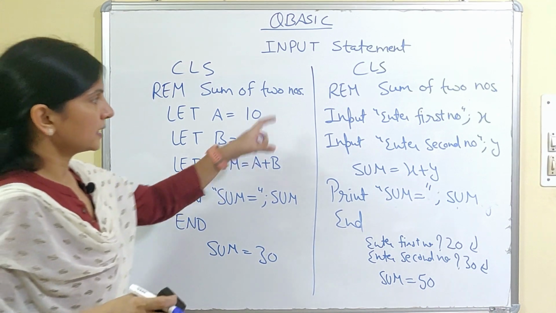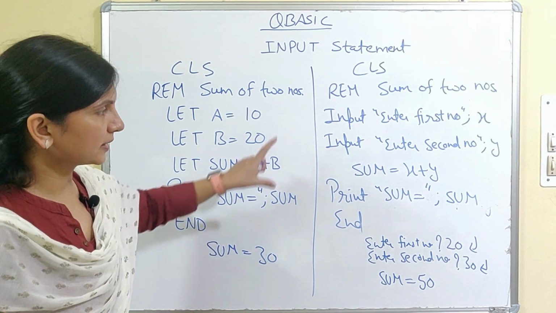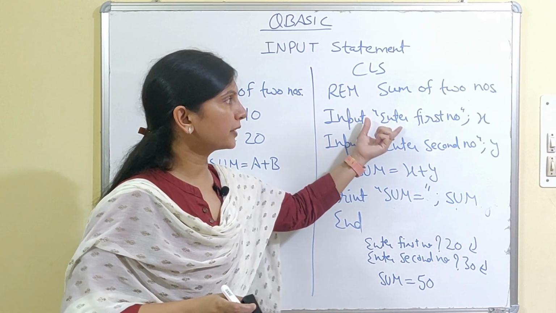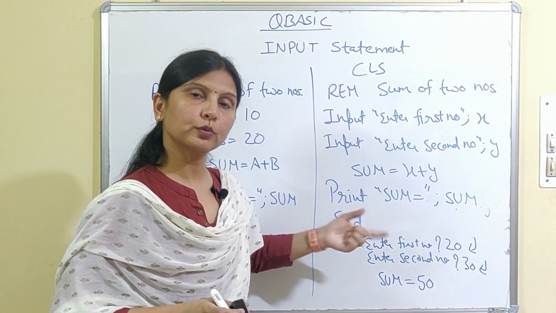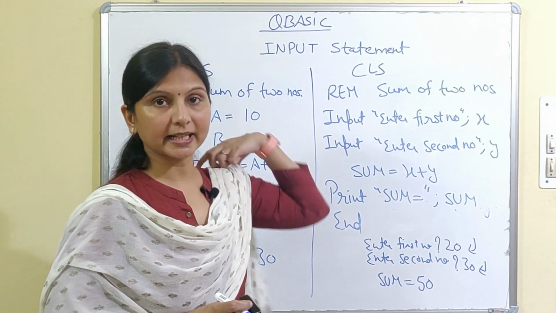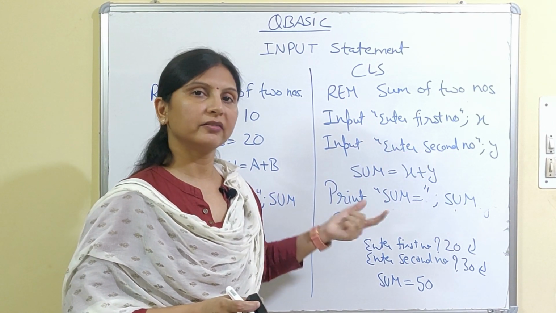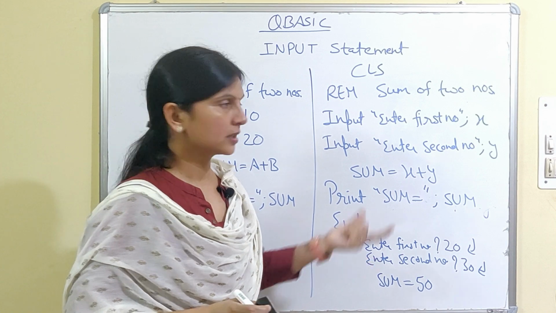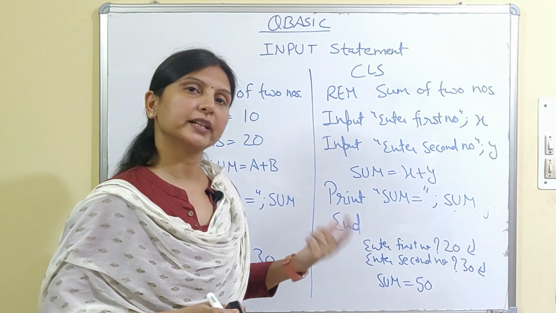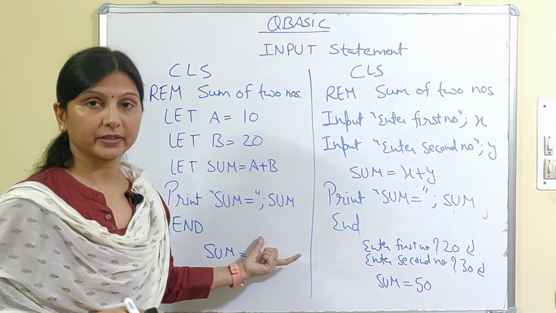Now see, we have learned that in this, whenever we run the program, we will get 30. But in this program, whenever you run, it will ask you fresh value, means you can run this program with different values. First time you are given 20, 30. Next time if you run the program, again it will ask you enter first number, so you can give any values. Fine. So this is the program sum of any two numbers. Means you can give any value whenever you run the program. But this is specific.